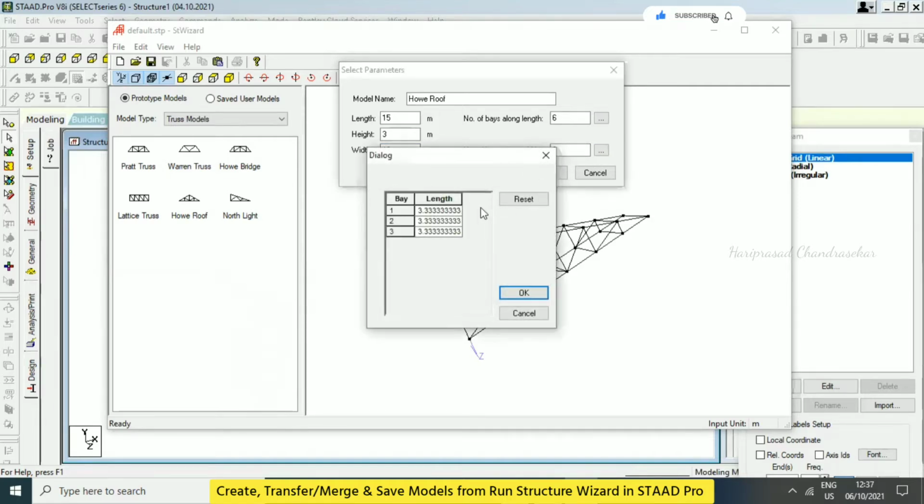Or we can go here and put some value. For example, here 2, here 3. So like that also we can modify. Here I'm just putting again 2.5 and then click OK. But it should be less than 10.